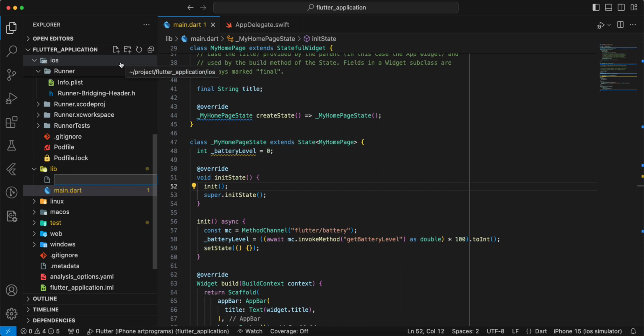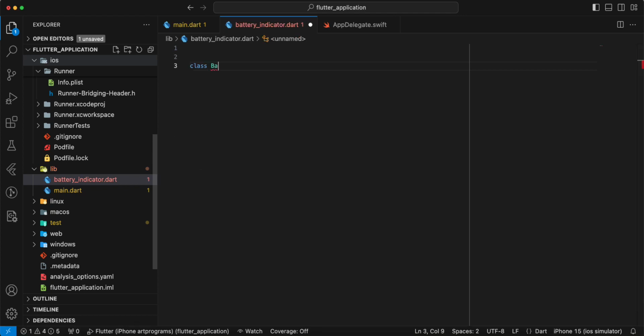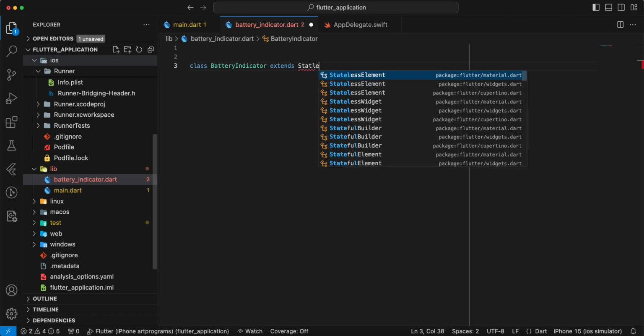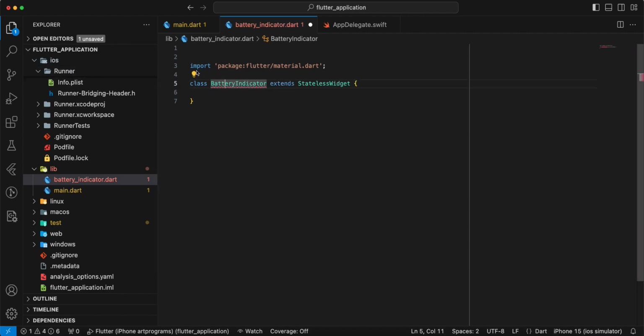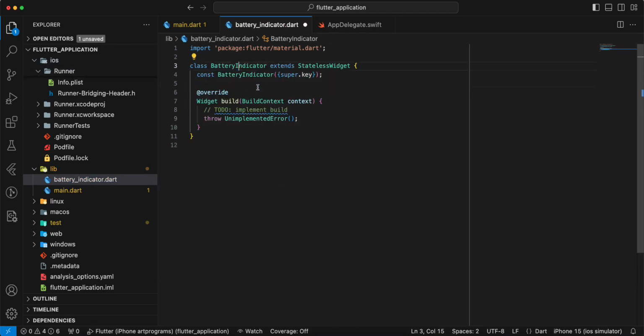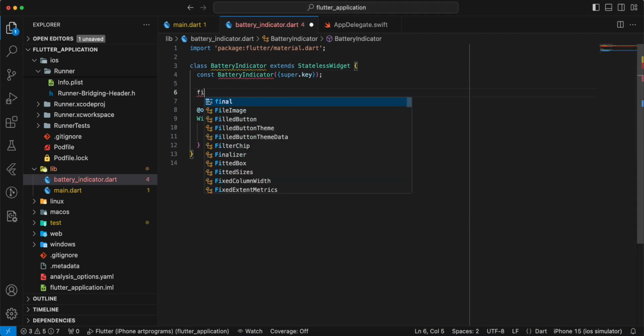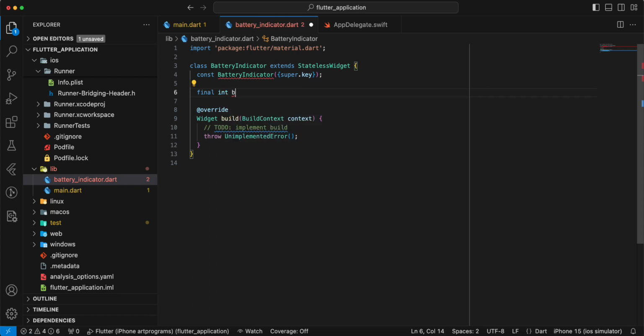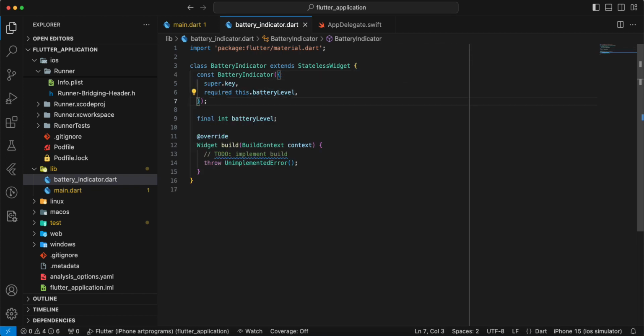Now we create battery indicator. We create file battery_indicator.dart, create class BatteryIndicator, write extends StatelessWidget, and add method build, add constructor, add final int battery level, add to constructor. Then we create